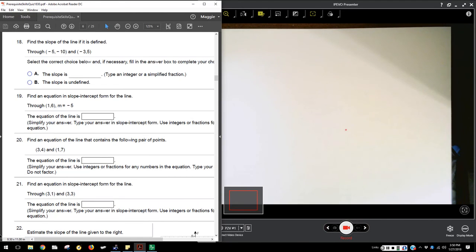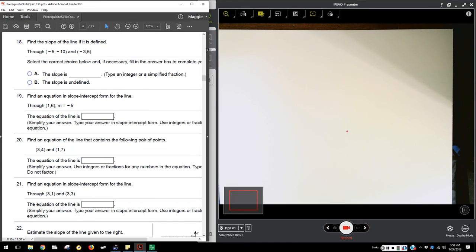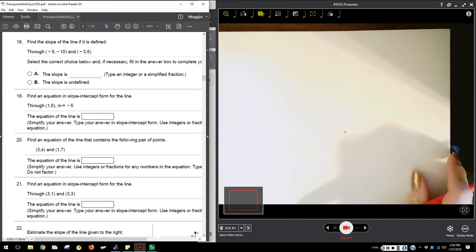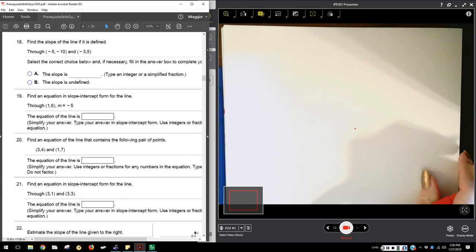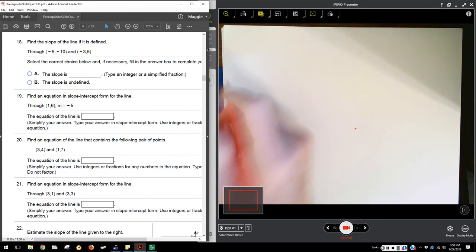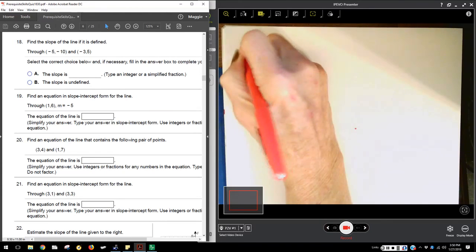Remember, division by 0 is not defined. So starting with these 2 points,